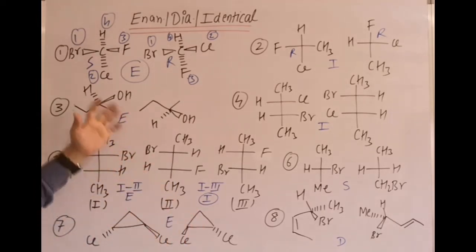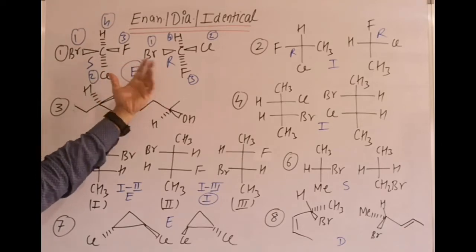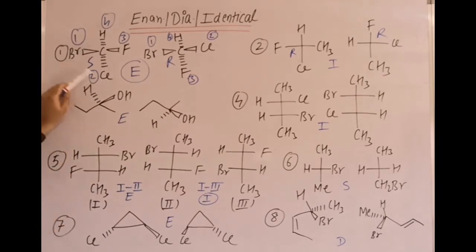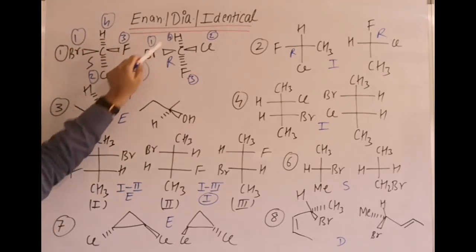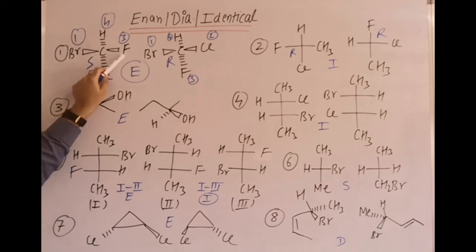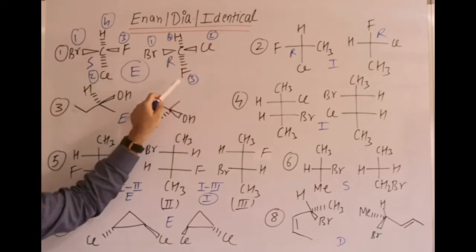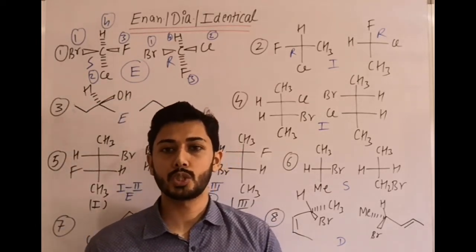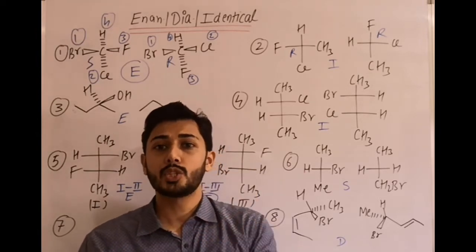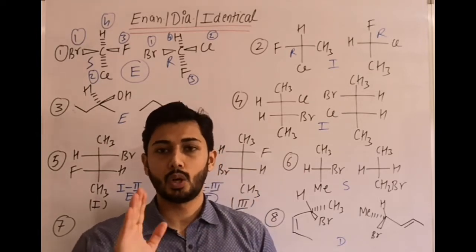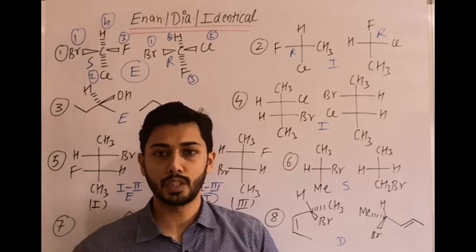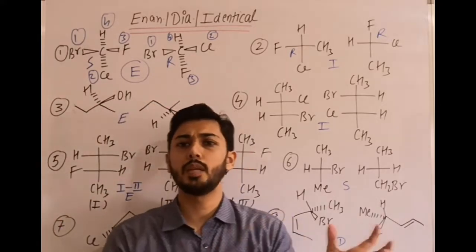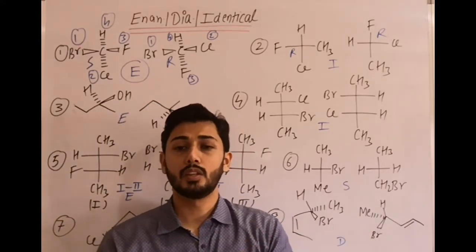Another way in exam, or the easiest way, is this. If such an example is there, what we can see? We can see that Br and H position is same in both. Only difference is Cl there, F there, and here Cl above, F below. That means one exchange is done. And if you remember in Fisher projection, 90-degree rotation or odd exchanges are not allowed. Odd exchange means exactly opposite configuration. That's why I said when we solve these examples, we use all the points of optical isomerism, CIP rules, and what exchanges are allowed.